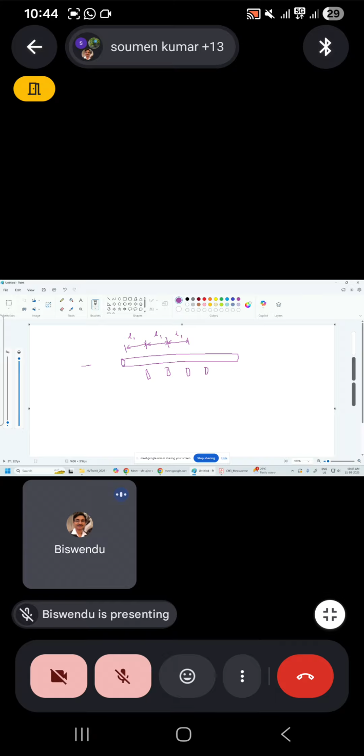The impulse current, I impulse, will flow through this conductor, and due to different inductances, there will be different time constants, and these strips will be magnetized differently, and it will trace, and due to its retentivity, it will retain several values of magnetism, and if you plot this magnetism, you get